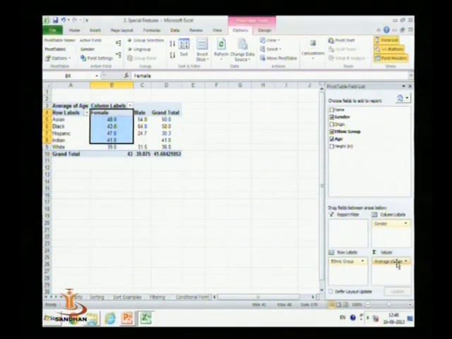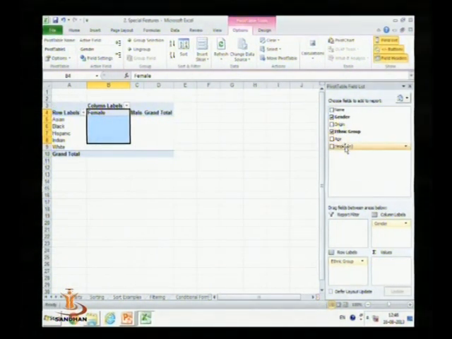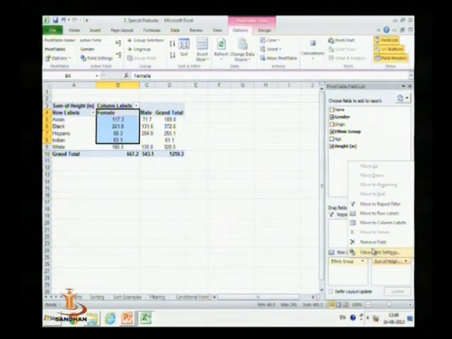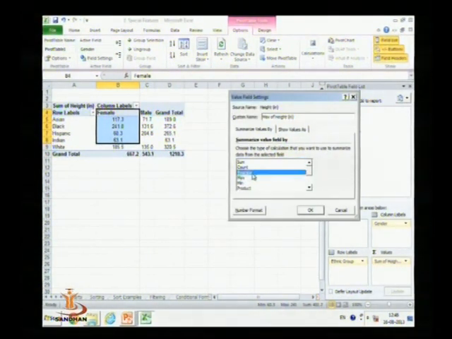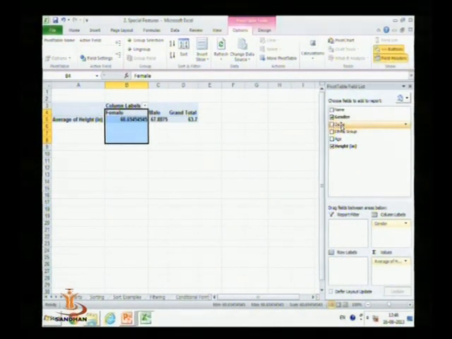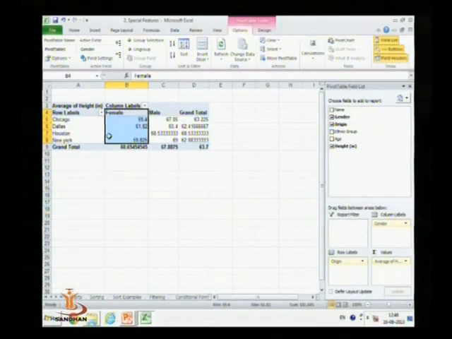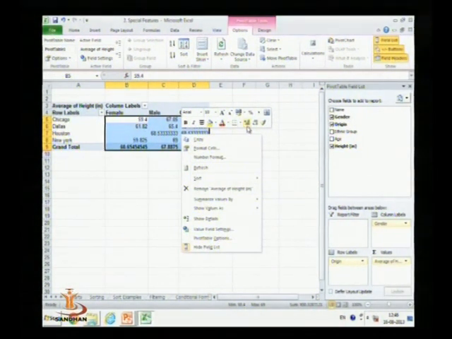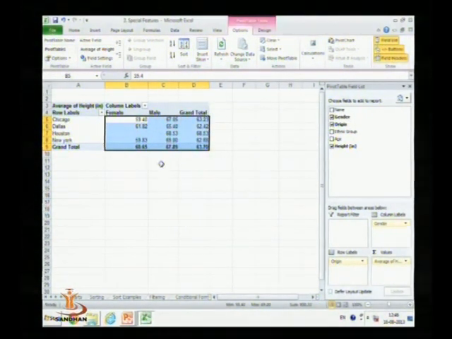Suppose you want to find the average height in these two groups. Just select height as the summation value, and here we have to change the value field to average. So select average, and the average in male and female groups in different ethnic groups will be shown. Here also from ethnic group, suppose you want to find the country name, so these different areas or origins can be used as a grid. You can format this data by right clicking on it and formatting it to 2 decimal places.